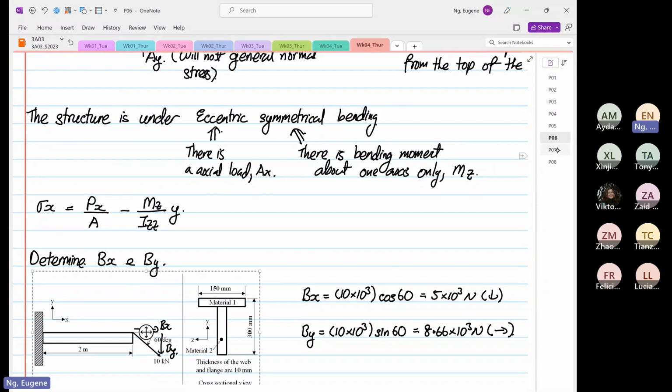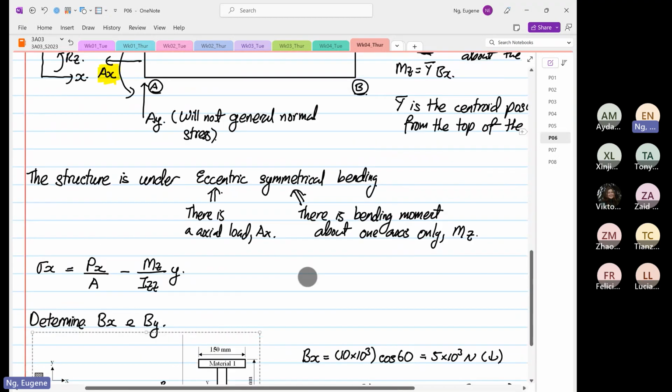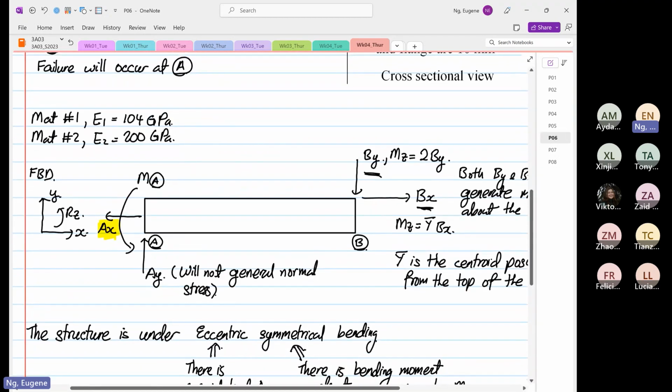5 times 10 to the power 3 Newton. And the 5 times 10 to the power 3 Newton will generate tensile stress. Okay, because if we look back at our free body diagram, AX is moving towards the left, stretching the component. So it's going to be under what? Tension. Okay. So the formula that we're going to use,